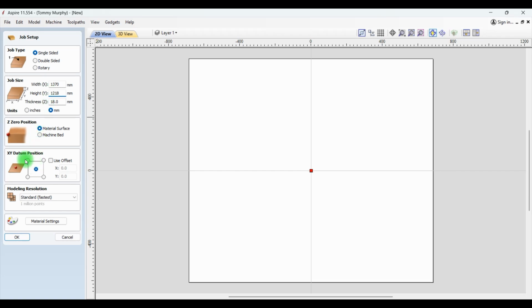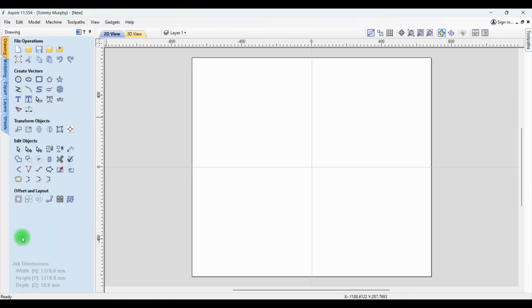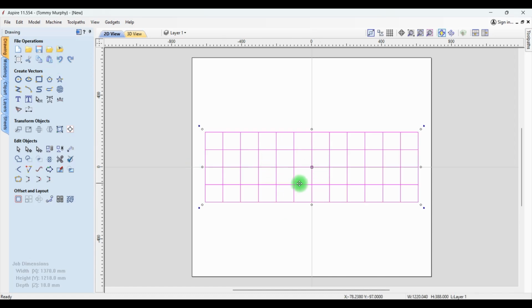And I'm going to be using the XY datum position for this, so we can just go OK. So now I can just paste those grid lines onto the board. Now, before I go any further on this, because I grouped those at the start just so that I could bring them across like this, if I was to set up a toolpath for those, which I will do quickly now,